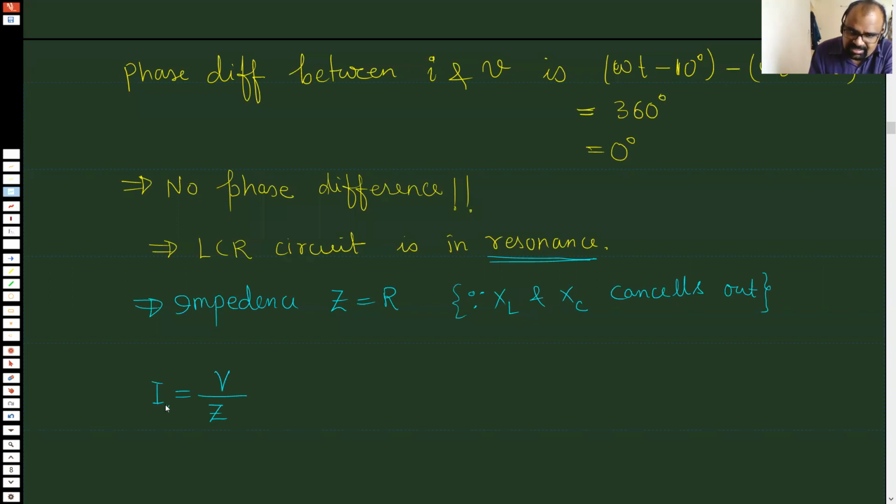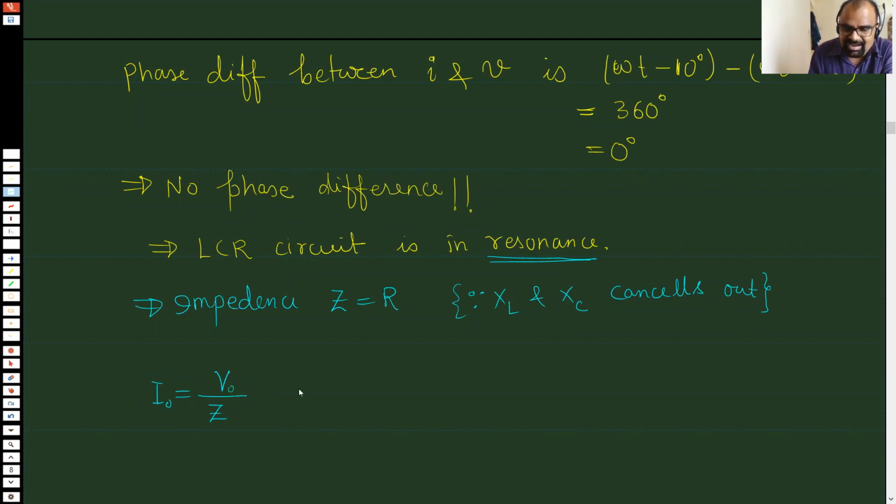But here, normally we use RMS values, but can I use the peak value also, or will it be a mistake if I use the peak value here? I think we can use peak value also, because if you multiply both sides of the RMS relation with √2, you will get I into √2 as I naught and V into √2 as V naught. So we can use peak value also.